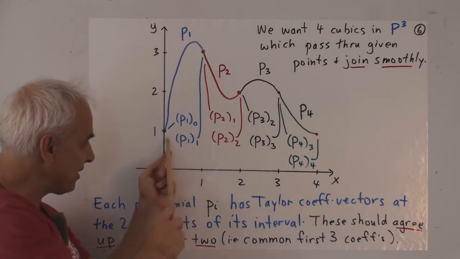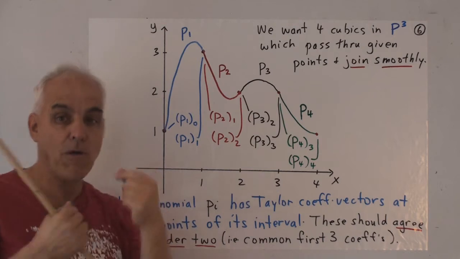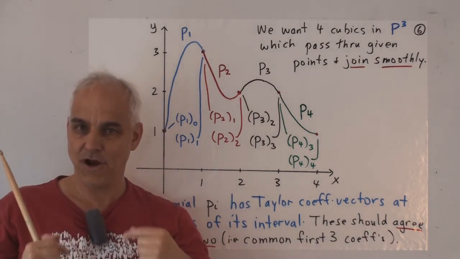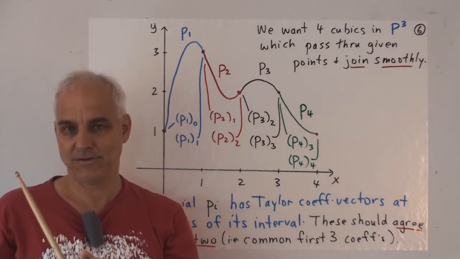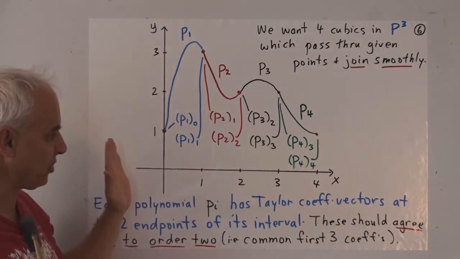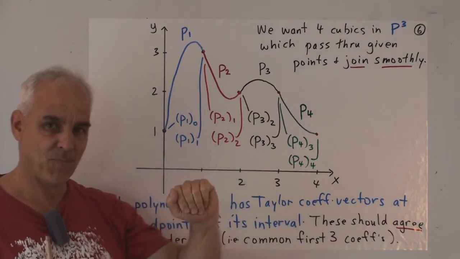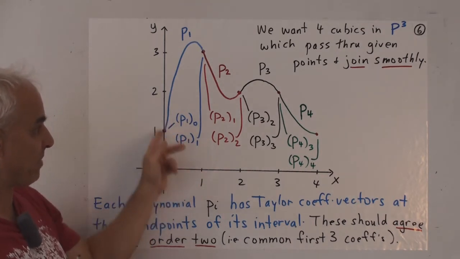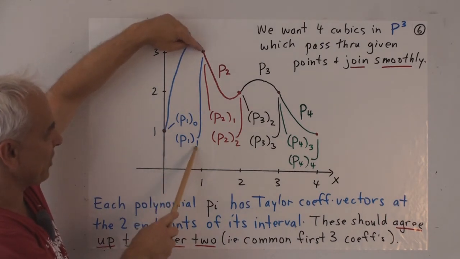So, in other words, this Taylor coefficient vector and this Taylor coefficient vector are almost going to be the same. The first 3 out of the 4 entries are going to be exactly the same. They'll only differ in their last entries. So that's the key. That's how we're going to generate these cubics. We're going to generate the cubics starting from left to right. And at every point, once we've picked a polynomial p1, we'll generate its Taylor coefficient vector at 1, and then